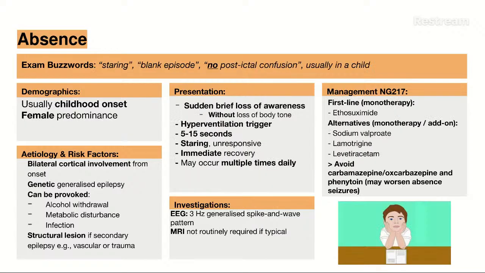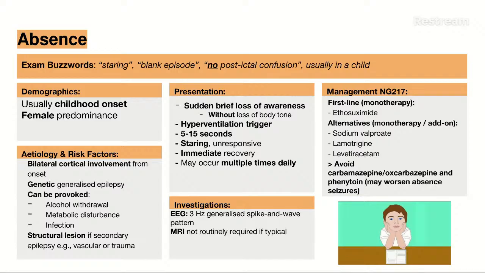The last of our generalized seizures are absent seizures, which are characterized by sudden, brief episodes of impaired awareness. Clinically, they present as episodes in which a child abruptly stops what they're doing, stares ahead, and becomes unresponsive. The episodes typically last between 5 and 15 seconds, and recovery is immediate with no post-ictal confusion. That's important when comparing it to focal awareness impaired seizures, but I've got a slide on the difference between the two later on. So these seizures may occur many times per day and can significantly interfere with learning and